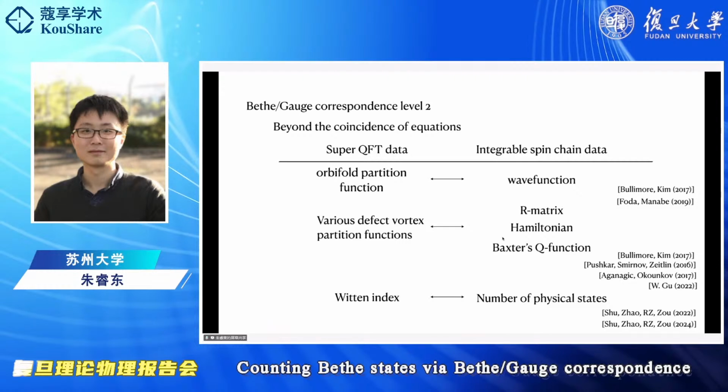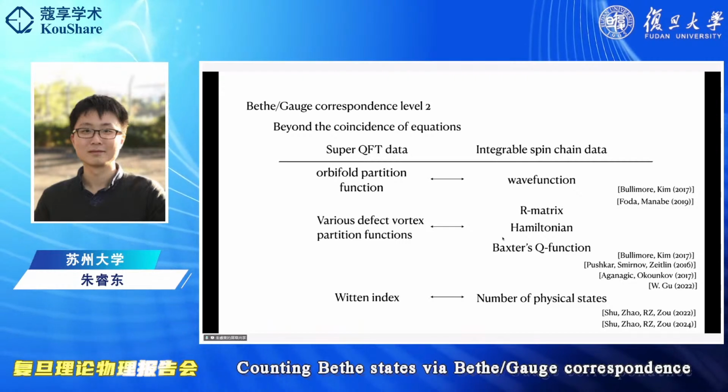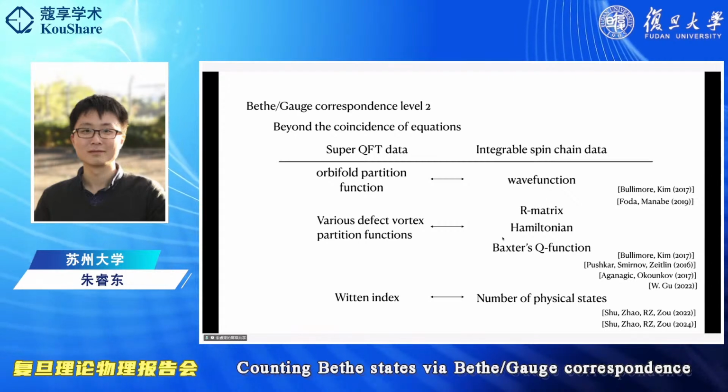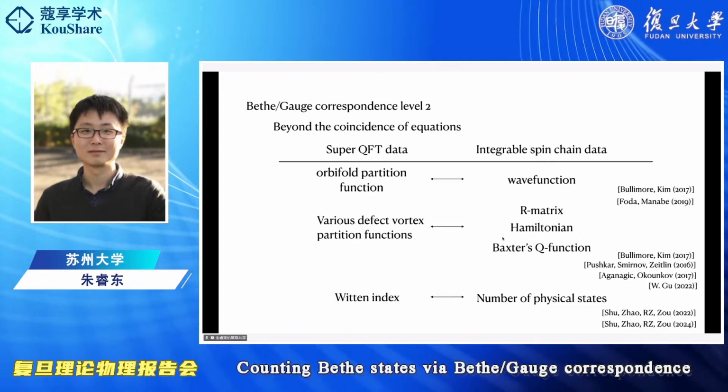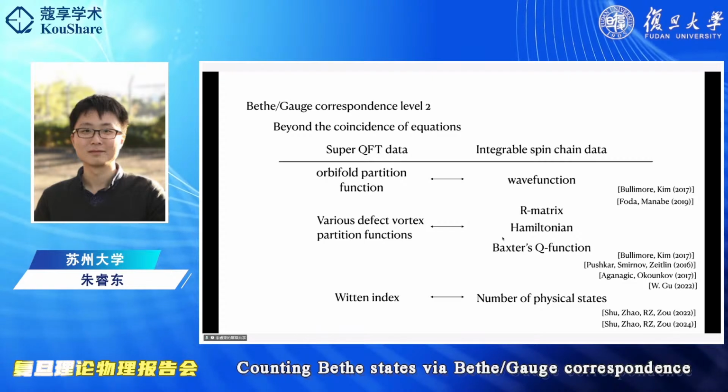So at this moment, we are only establishing that one equation is equivalent to the other equation, but that could be a coincidence, right? But actually it's not. Actually, we can compute a lot of things, for example, in these supersymmetric gauge theories, and see that they really match with the